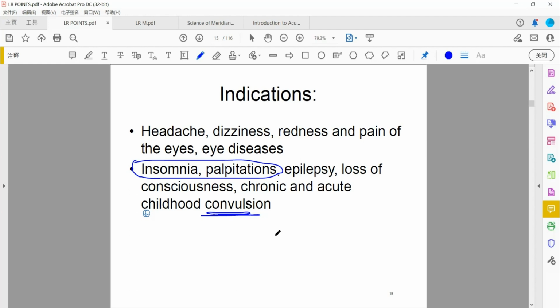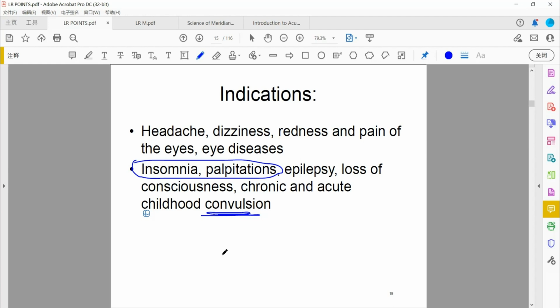That means this patient has liver qi stagnation. Qi cannot flow freely in the body. There will be liver depression, liver qi stagnation, and